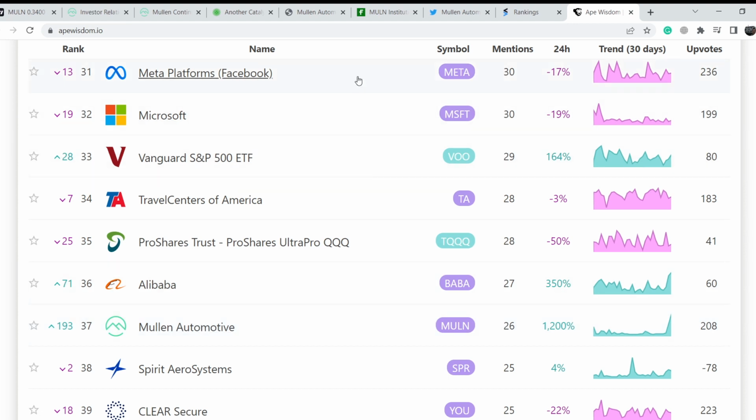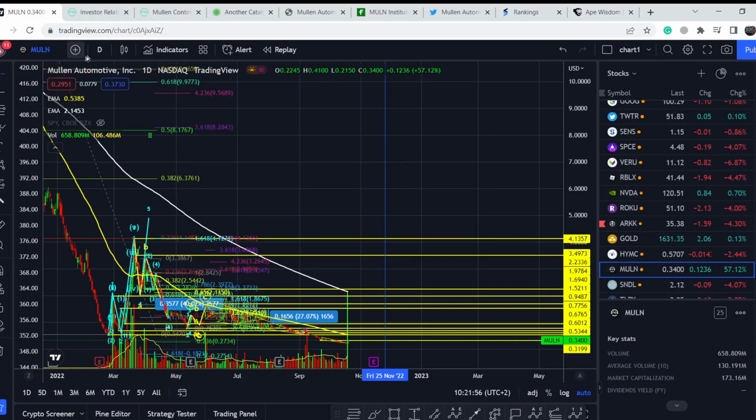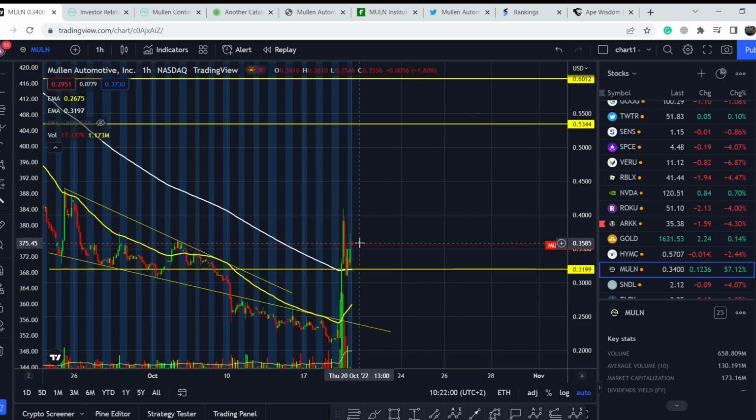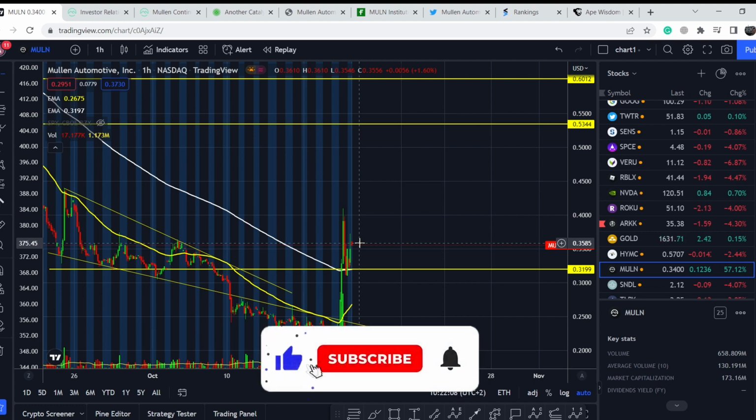Definitely huge interest, but let me remind you that this is just interest from the retail community, and it doesn't have any fundamentals behind it. And this means this movement to the upside was just a random spike in interest that probably won't last for a long time. So, let's continue with the technical analysis, but before we dive deep,